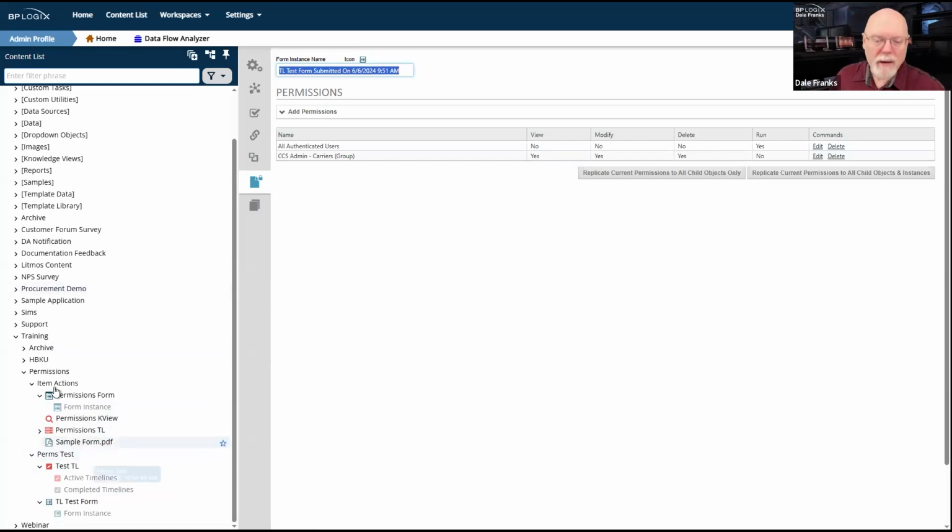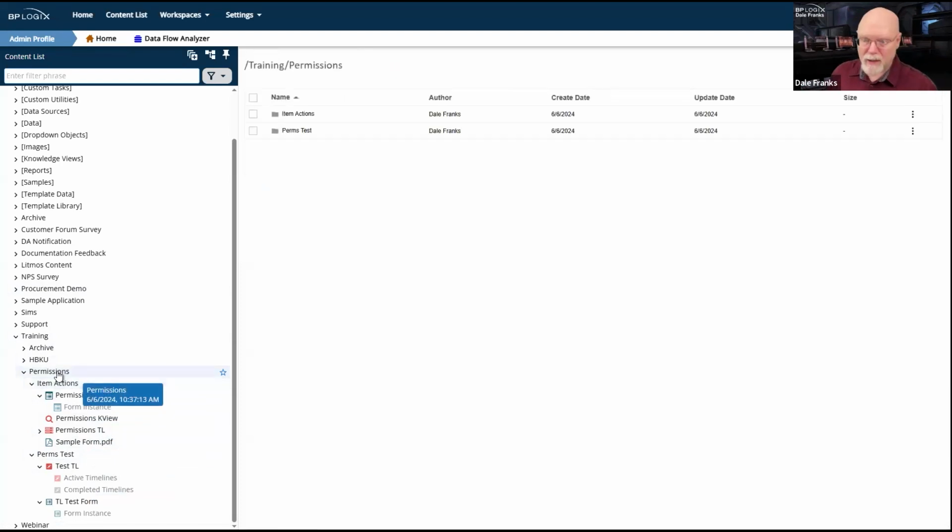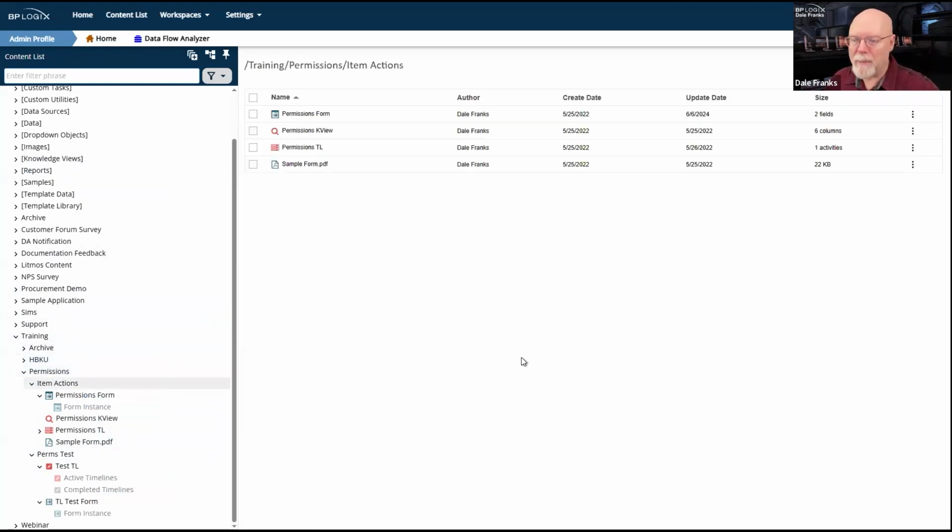All right, let's take a look at one thing that we can do, however, that kind of blows this up a little bit. And you can do it without realizing that you're messing up your permission schema. I have this little application right here, and it has a form and a timeline, and it doesn't do much. If I run it,